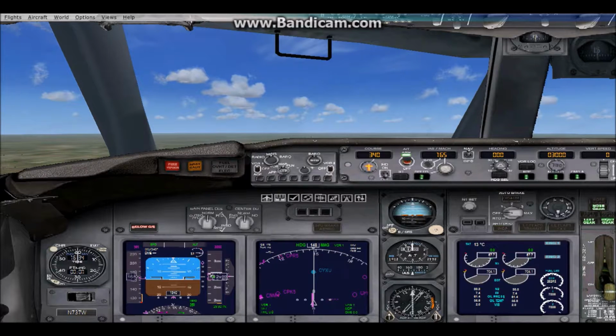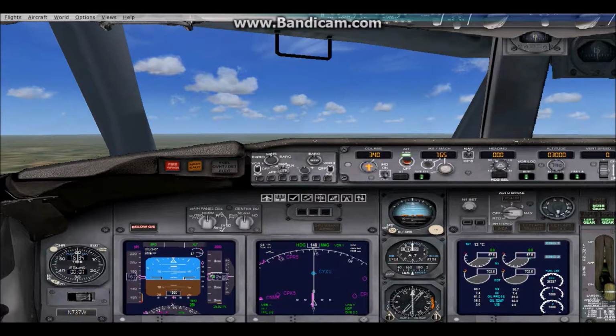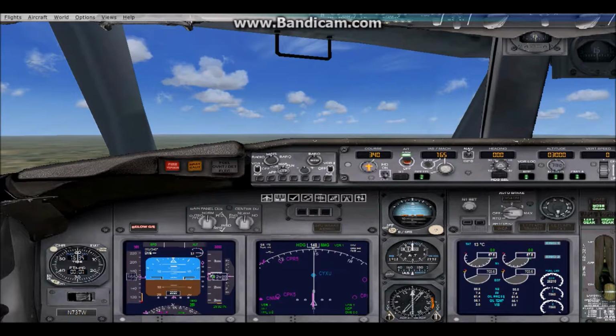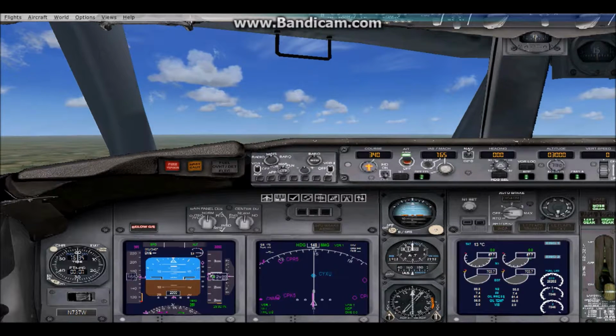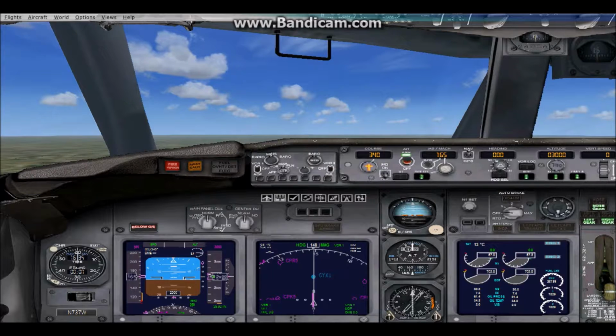So this is just to help me maintain my speed while I'm on approach. Normally you would use this type of approach in foggy weather or stormy or low cloud cover, and oftentimes you don't have to necessarily use it all the way down to the runway. Sometimes if you just have really low cloud cover, you could use it to get through the clouds, and then once you have the runway in sight, you can disengage it. There are also times when you have to basically use it all the way until your wheels almost touch the ground. So it really just kind of depends on